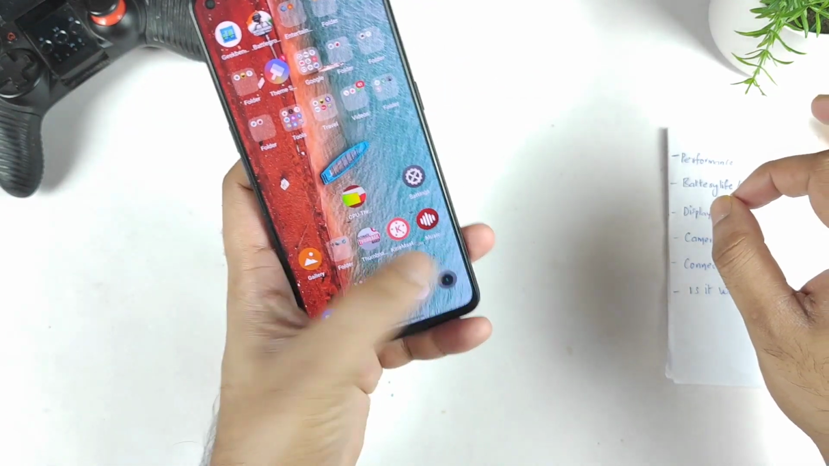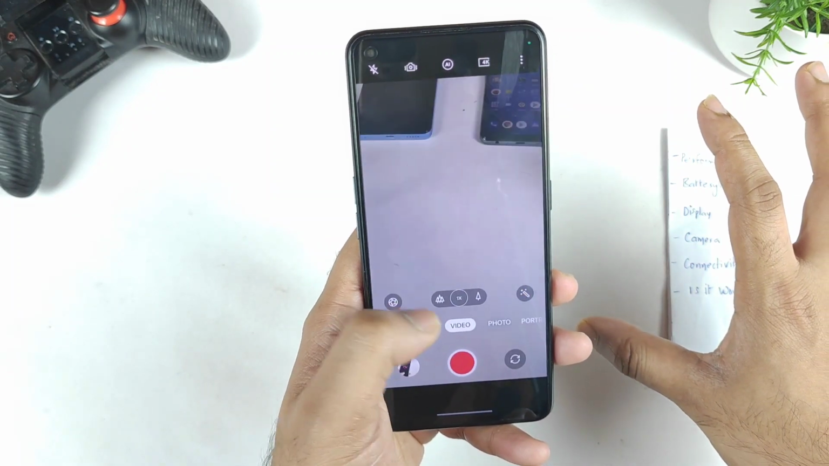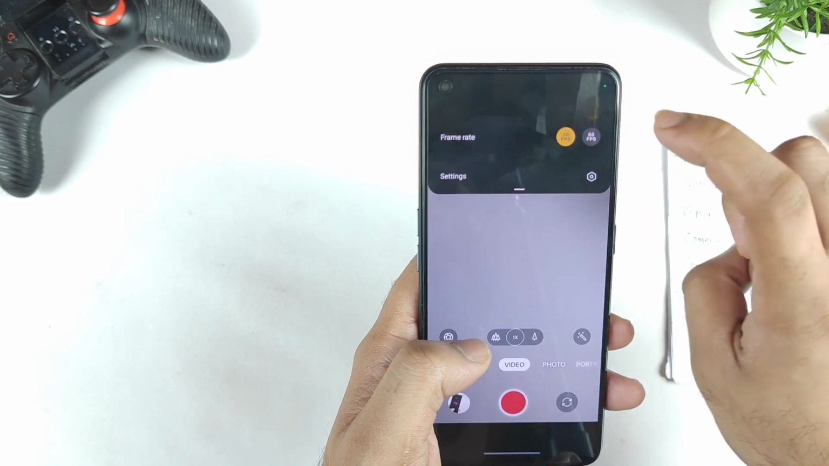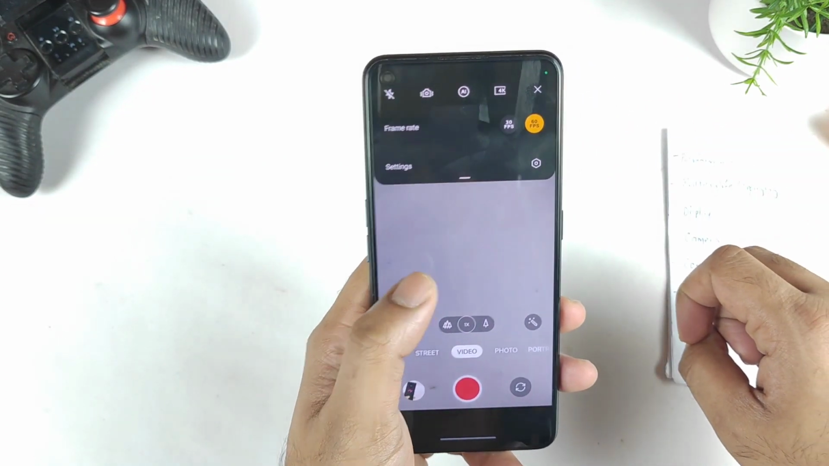So next thing, regarding the camera, I did not see any kind of major changes at this moment in the Realme GT Neo 2 device. So you can definitely record 4K at 60, 4K at 30 is also possible. No issues. As you can see, 4K 60 is also possible